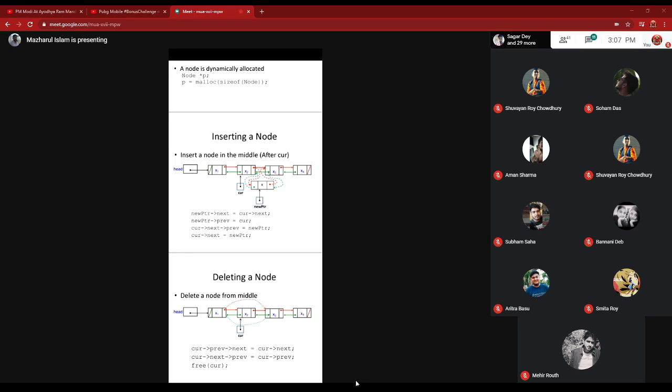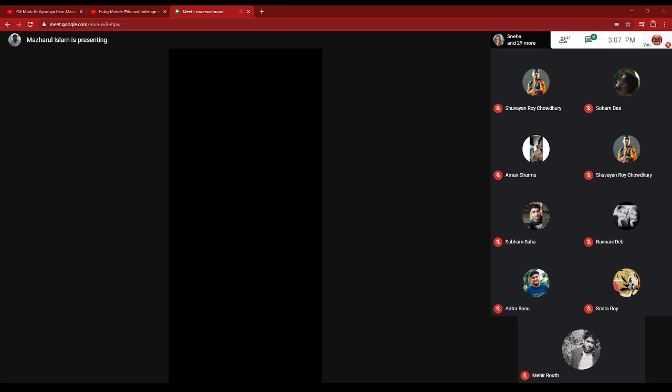Okay, so first thing first, you must go back to the basics of your pointer. For that I recommend Pointers in C written by Yashwant Kanetkar, or Master in C. There is one book whose name is Master in C.